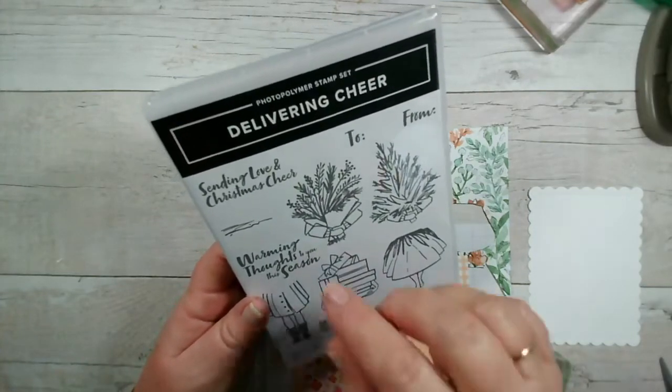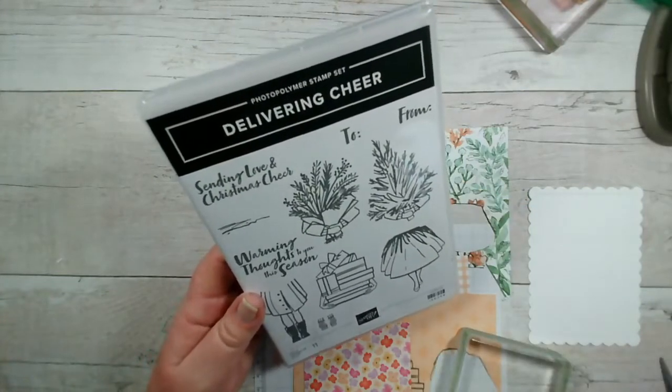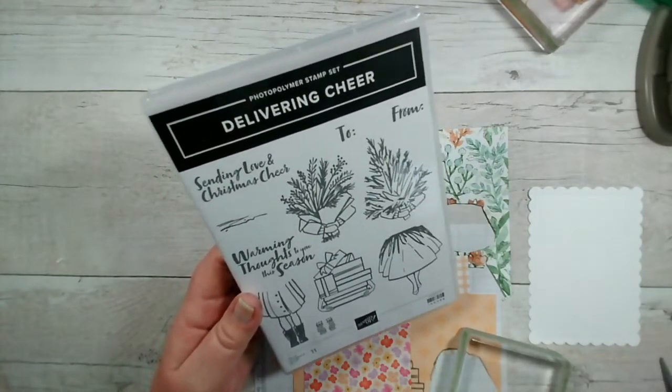Although these sentiments are very much Christmas designs, morning Lynn and Jeanette,